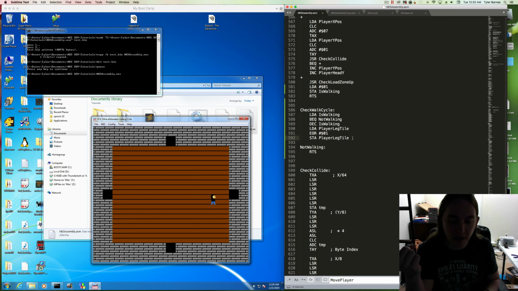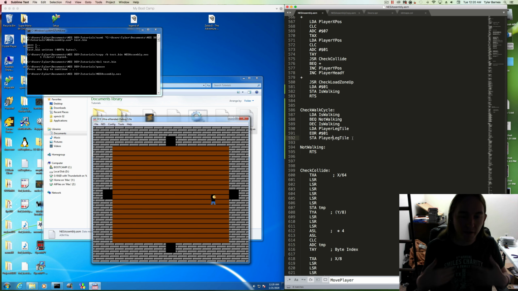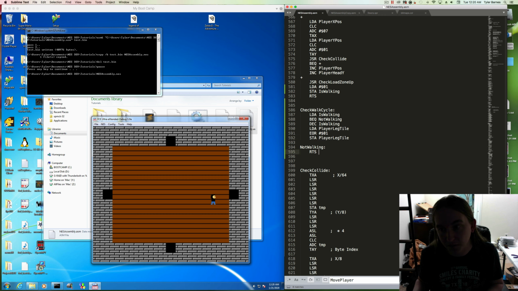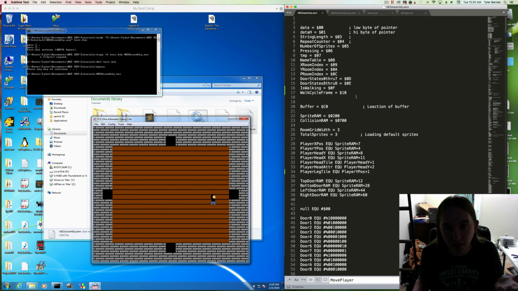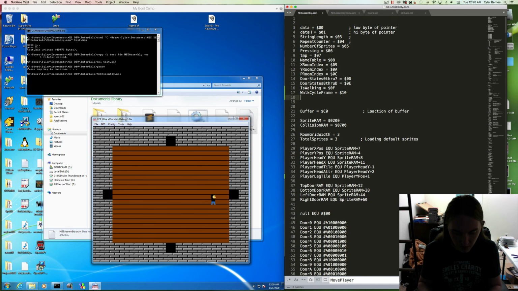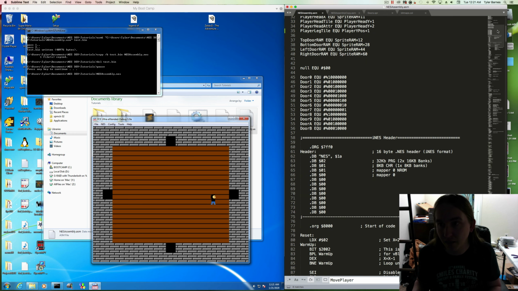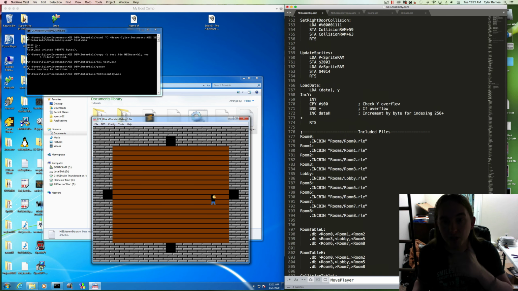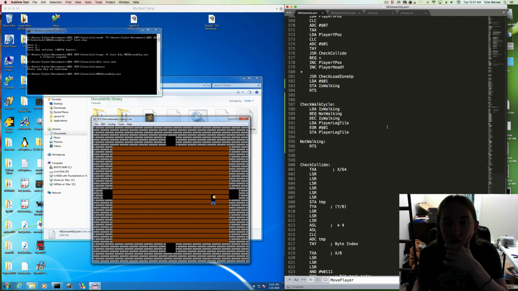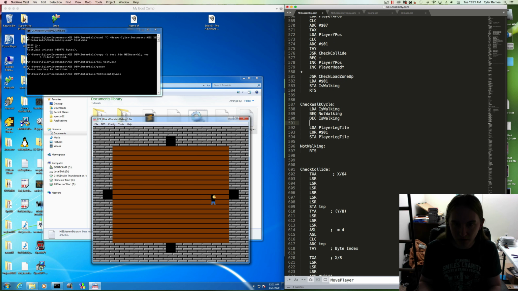So now let's take into account how many frames have gone by and count them, and make sure that we have a little bit of a wait period before we do this exclusive OR to the leg tile. I want to keep track of that number, so let's add a counter. Walk cycle counter, add that to RAM. And what we want to do is, before we exclusive OR, let's check the counter. So we load,